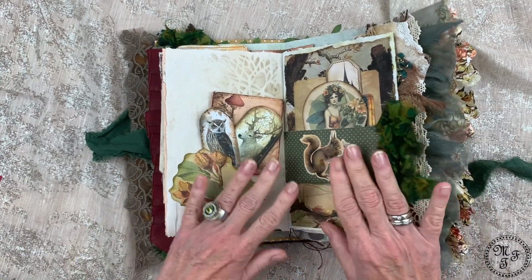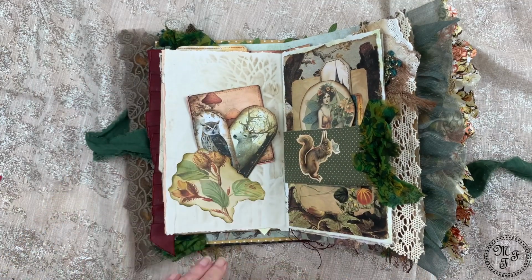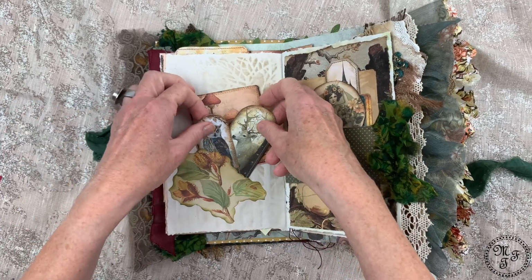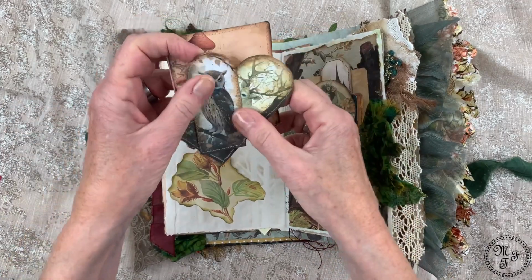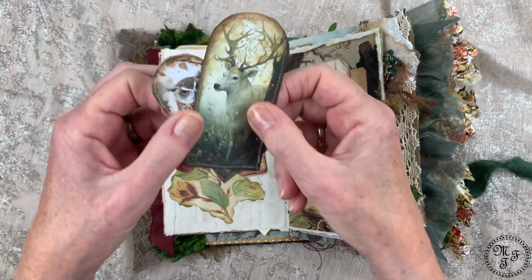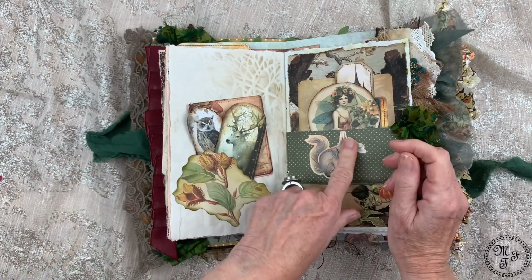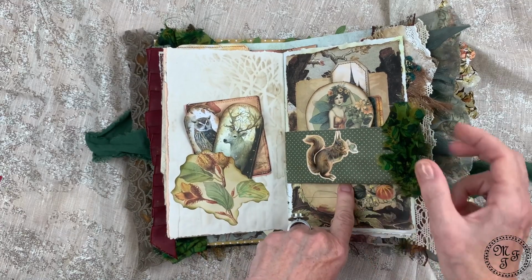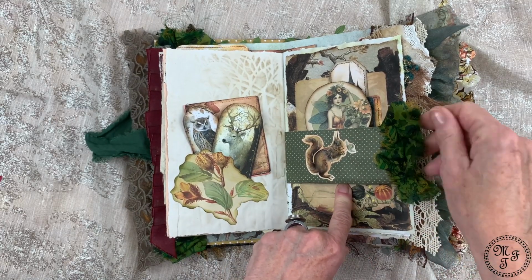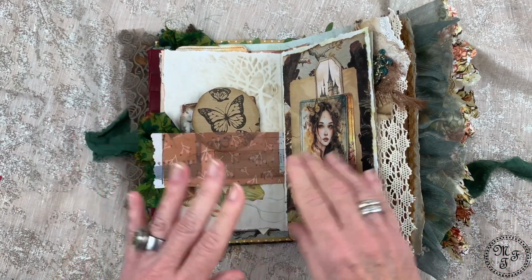On the back side you see a plethora of different things, some leaves which I formed into a pocket, and inside this pocket there are different elements: mushrooms, an owl, a white deer, which is a magical animal. Here you see a fairy, you see a squirrel. The squirrel also has a decoration with some sari silk ruffle, and on the back side you see again some